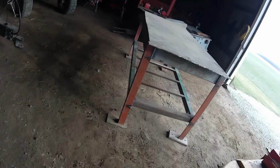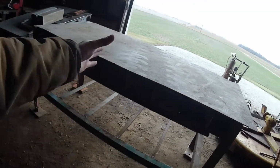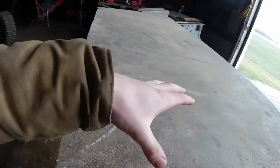Alright guys, moved the table out here to the shed because the garage is getting a little too cramped and we're going to be grinding and painting. I like to keep that stuff out of the garage as much as possible. So, moved out here to the great pole barn. So I cut this piece out, the top piece, a 1/4 inch thick plate that goes over the top of this last night, and I